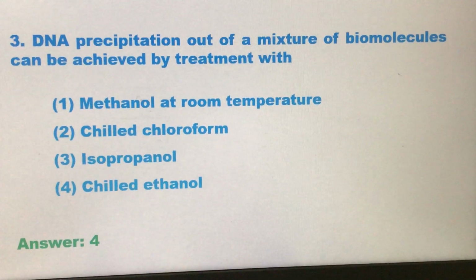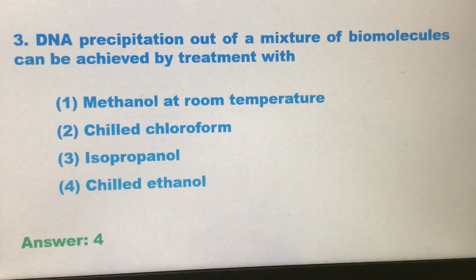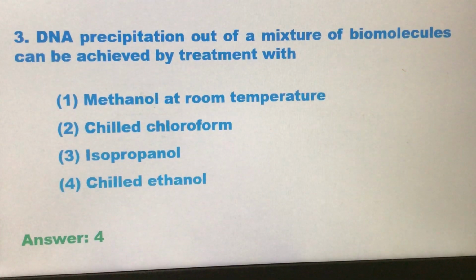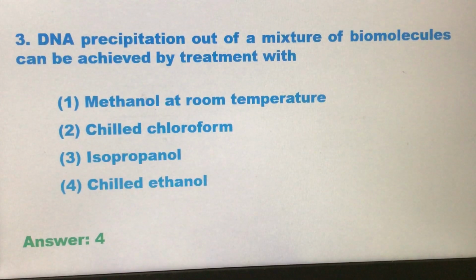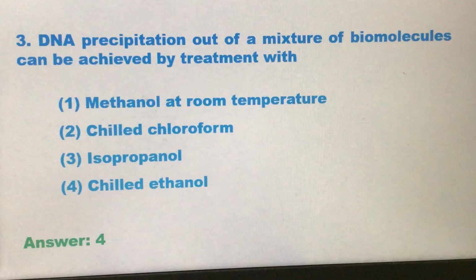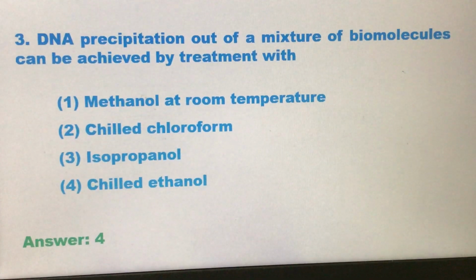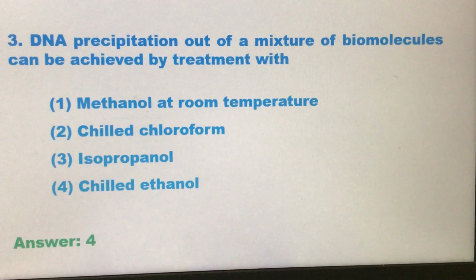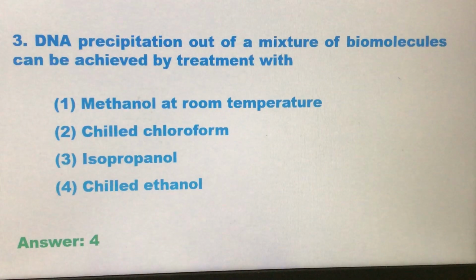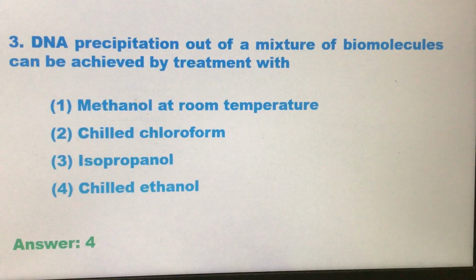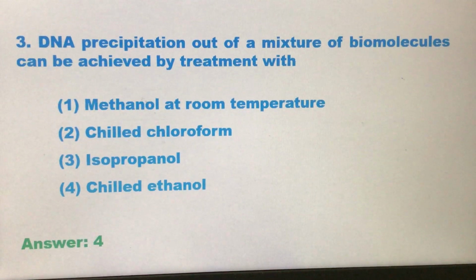So, when a solvent which is much less polar than water is used, which is generally ethanol, this prevents the formation of the hydration shell around the phosphate backbone and the positively charged sodium ion, thereby allowing the electrostatic attraction between the two opposite charges to happen, resulting in the formation of the ionic bond and allowing the DNA molecule to get precipitated.